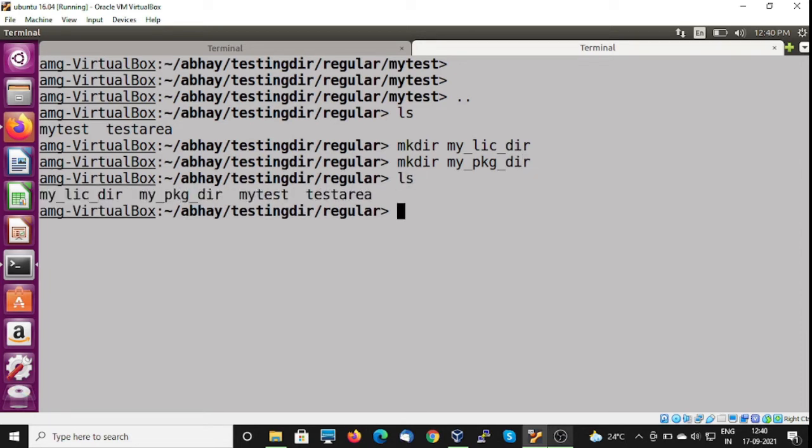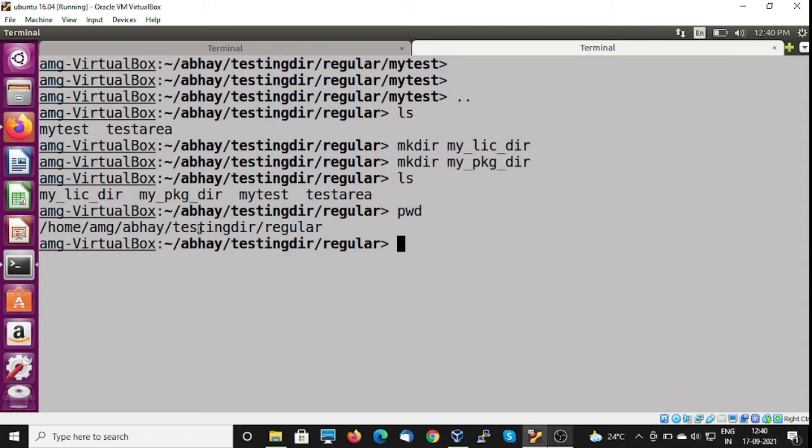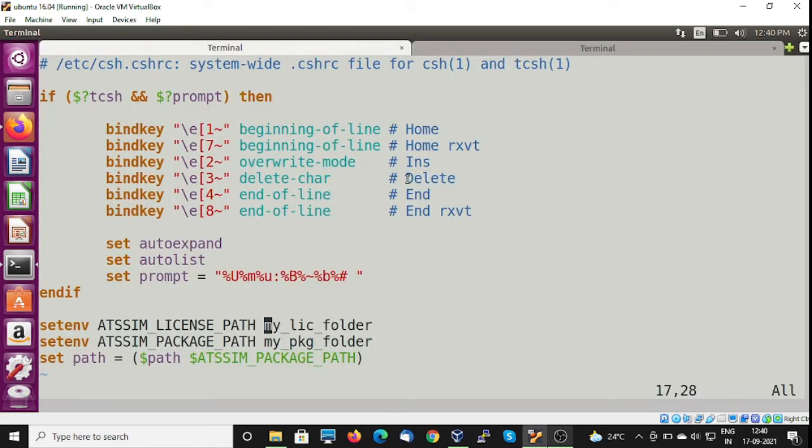You can see in this directory I have created two folders, my LIC-dir, and another one is my package dir. Now I will set up the environment variable values pointing to these two folders.